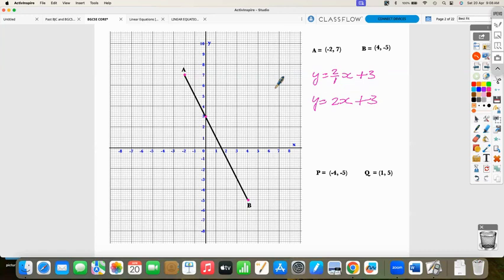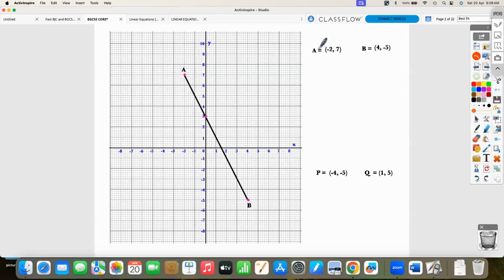I do. I still don't understand. Pardon me? I still don't understand. What you don't understand, baby? Tell me, just talk to me. How do I come up with the equation? Yeah, like how you get the line to go across from the A to the B, and then how